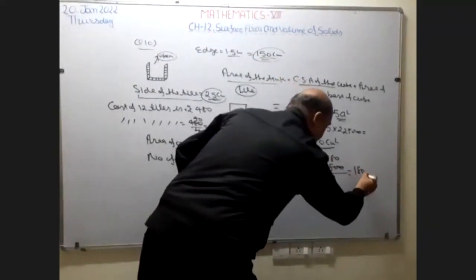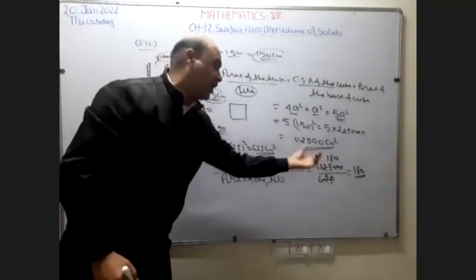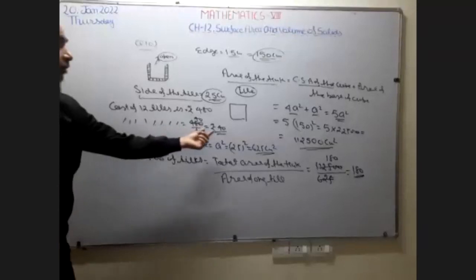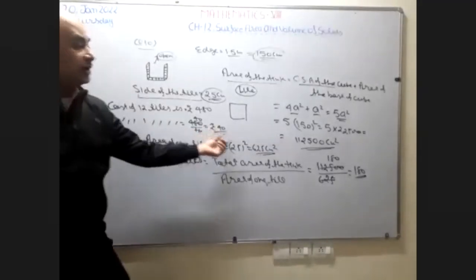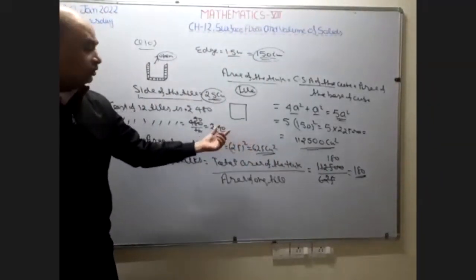So how many tiles are required to make the tank? 180 tiles are required. Now, what is the cost of one tile? 40 rupees. So it means you have to multiply 180 by 40. So this is the final answer. Okay. In this question, you want to find